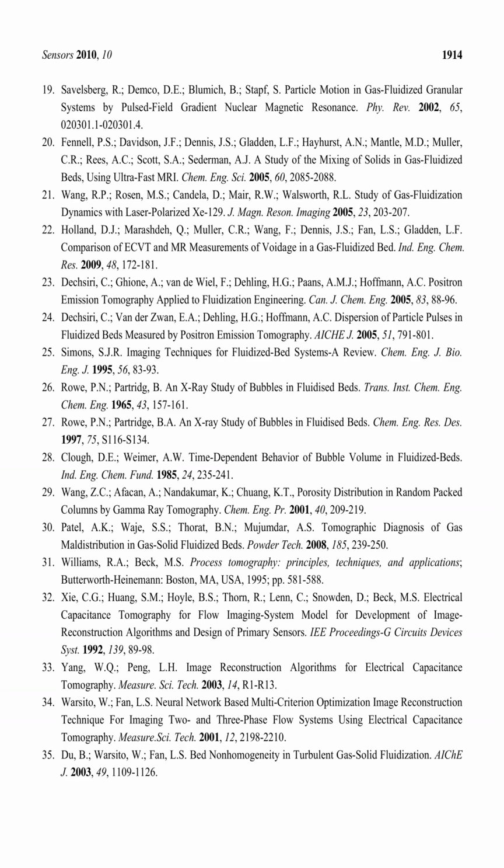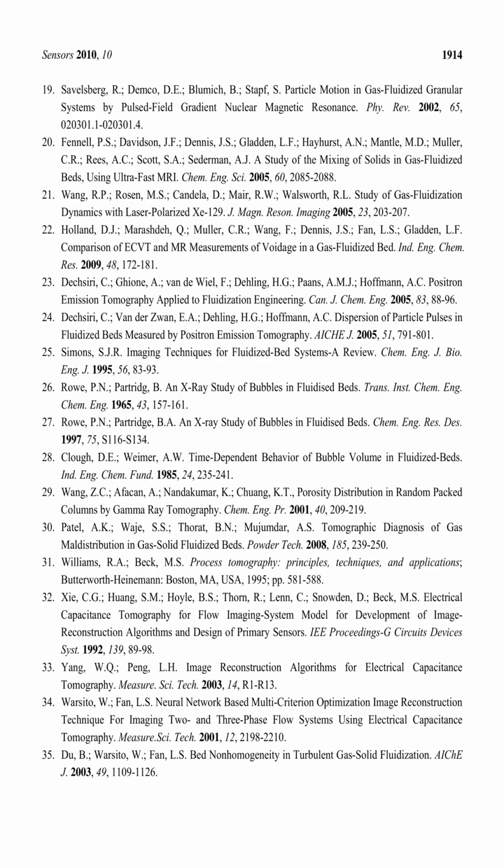185, 239-250. 11. Williams, R. A., Beck, M. S., Process Tomography, Principles, Techniques, and Applications, Butterworth-Heinemann, Boston, USA, 1995, pp. 581-588. 12. Xie, C. G., Huang, S. M., Hoyle, B. S., Thorn, R., Lenn, C., Snowden, D., Beck, M. S., Electric capacitance tomography for flow imaging. System model for development of image reconstruction algorithms and design of primary sensors, IEE Proceedings-G, Circuits, Devices and Systems, 1992,